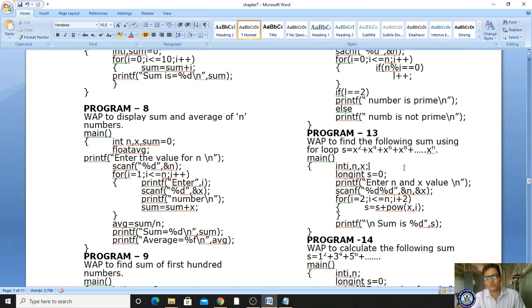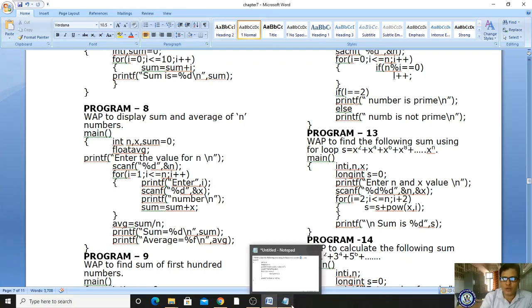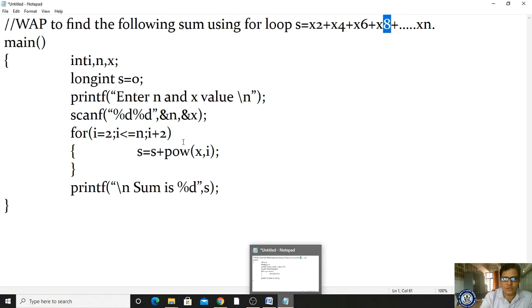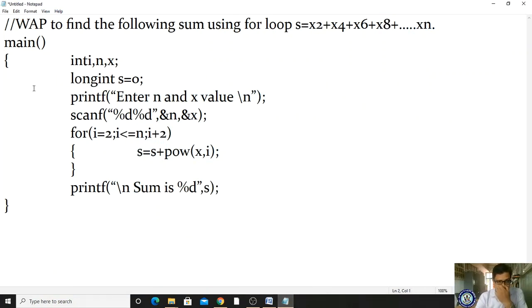Got it? To do this series, we are using some logic, and this logic is very essential. So to do this program, I'm showing you some steps.